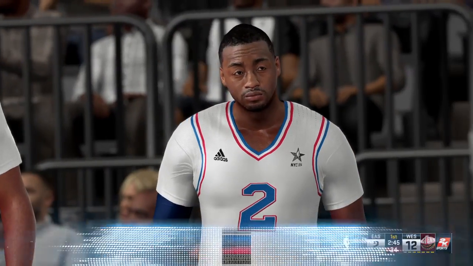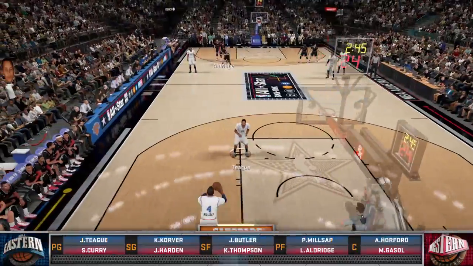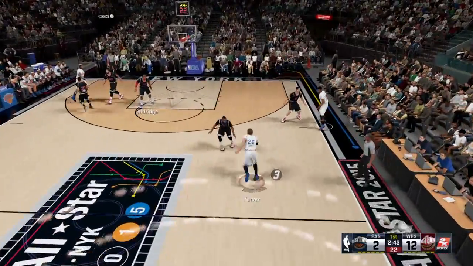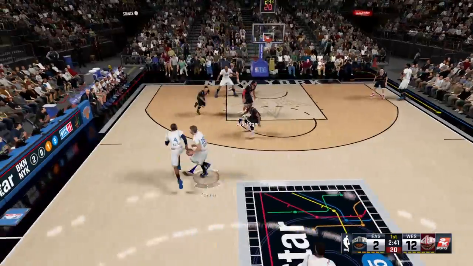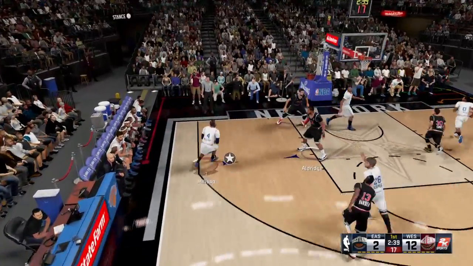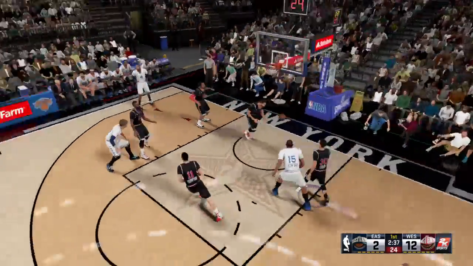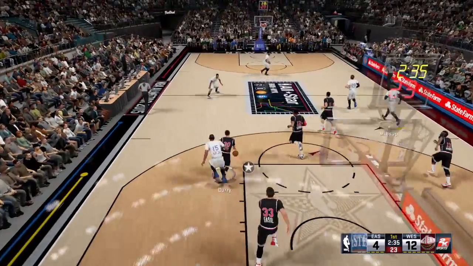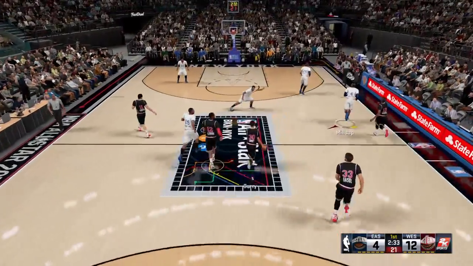New players in now for the East. Aldridge has gotten all 3 of his shots to fall for him. 3 for 3. Millsap has the open look. Makes no mistake on the open jump shot. Millsap's got his first bucket in this one.